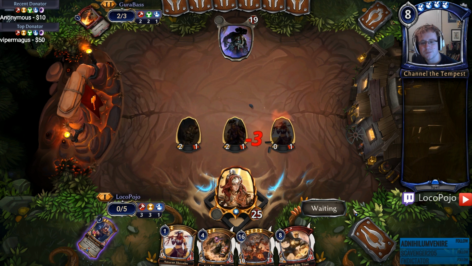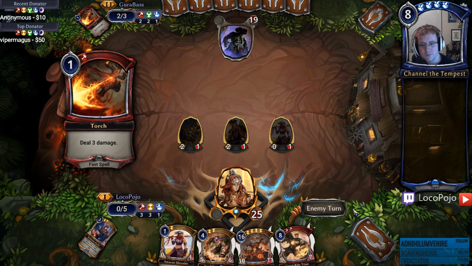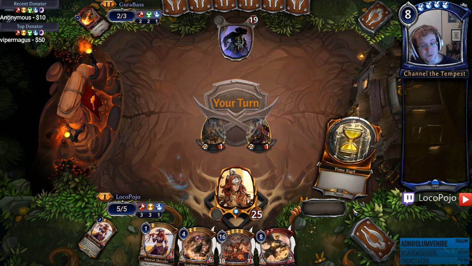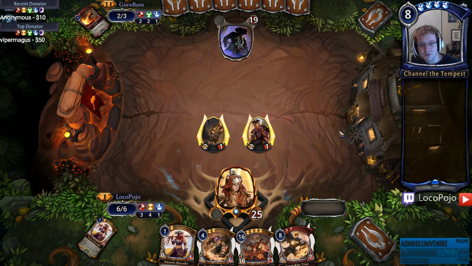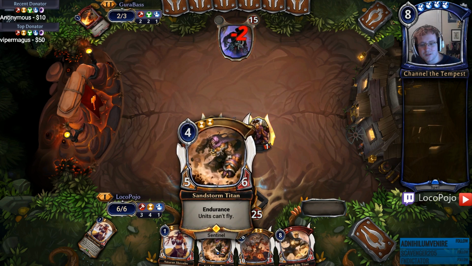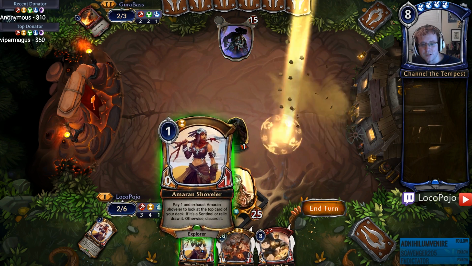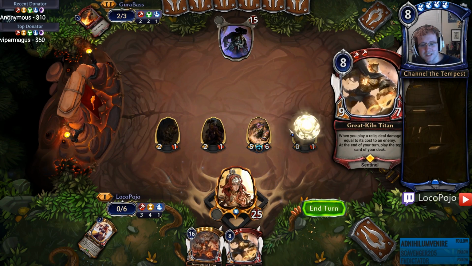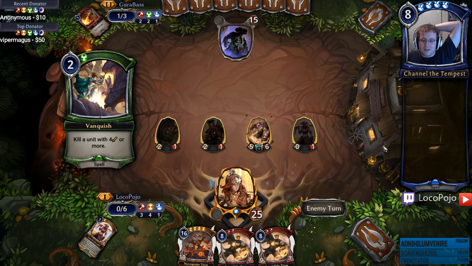Torch. Poor Reliquary Raider. Out for the count. Torch, poor Shoveler out for the count. That Shoveler drew tension away from my Trailmakers, which is pretty sweet. So we'll attack for 4 here. Play the Sandstorm Titan. We're not in harsh rule territory yet, so we can overplay a little bit. And play Shoveler and draw. Nice. Picked up a Great-Kiln Titan. There's no better price than free. Alright, so...